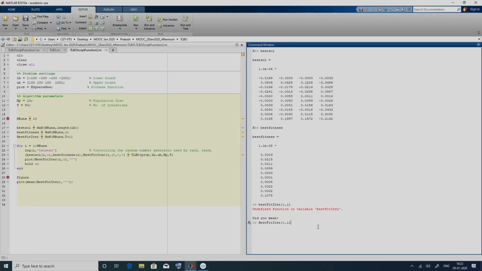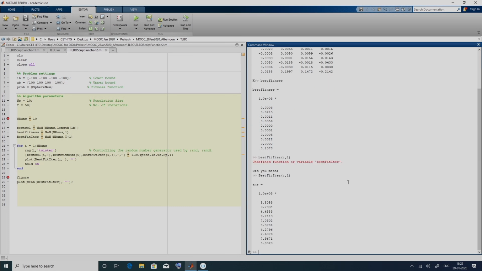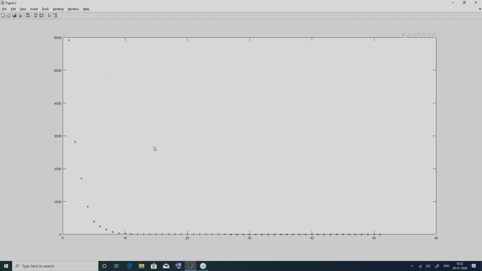The first column will correspond to the 0th iteration, and the second column will correspond to the first iteration. At the end of first iteration, this is what we had, the mean of that column is this particular point. So, at the end of first iteration, what is the average fitness function value obtained across all the 10 runs. This is again best fitness function value, average of the 10 runs on the y axis, whereas the x axis is iteration.